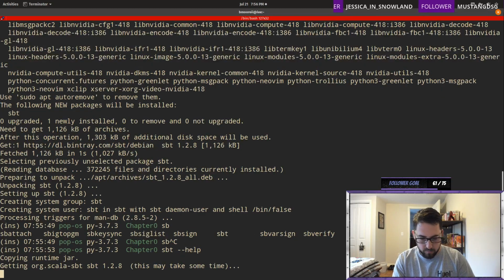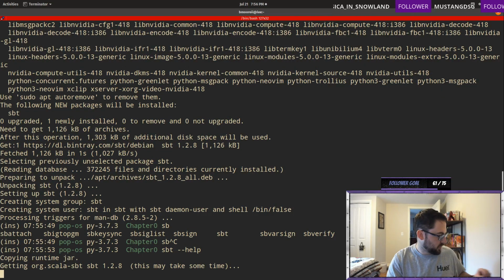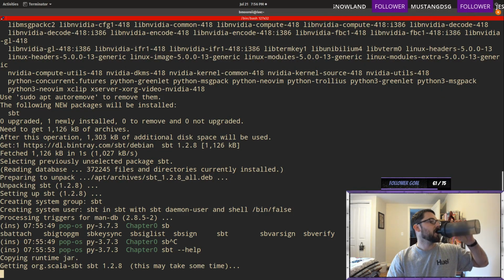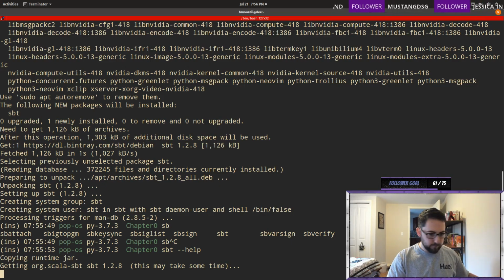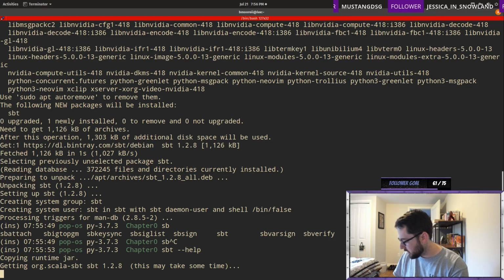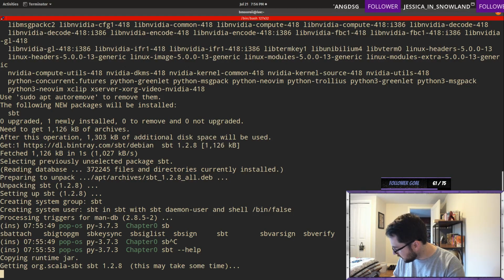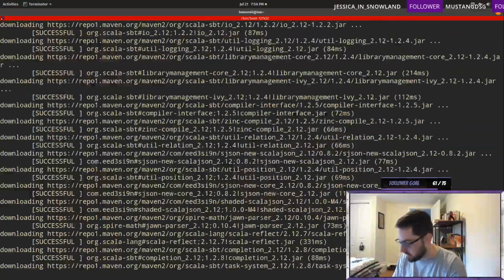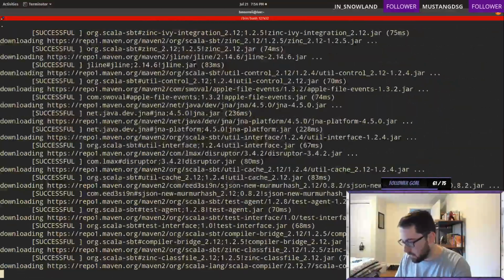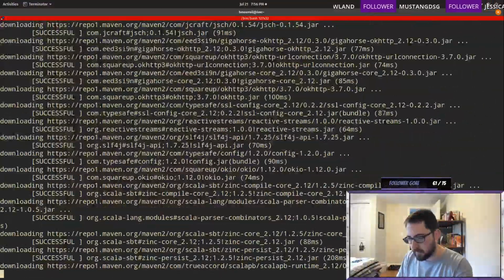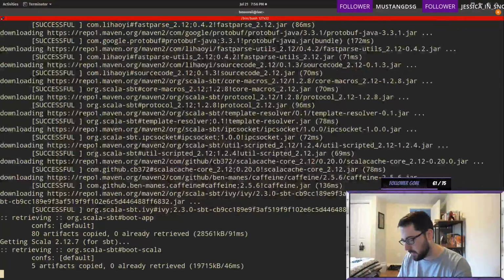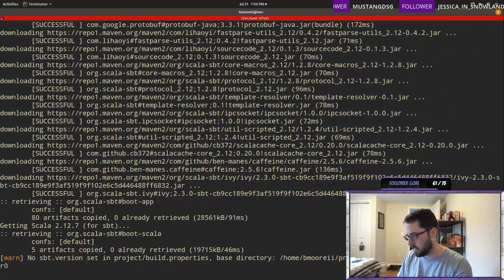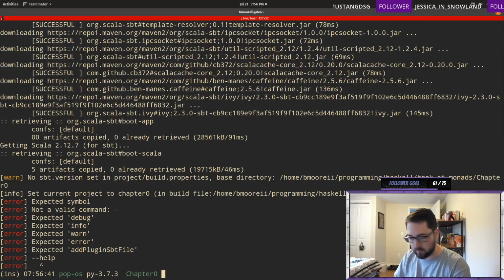Is this font okay? Give it a little bit more. Okay, let's keep reading while this is doing its thing. There you go, it's doing its thing. So the first thing it talks about is type classes. We do a ton of review in this chapter, so anyone that's been around here for a little while and sort of knows what's going on.